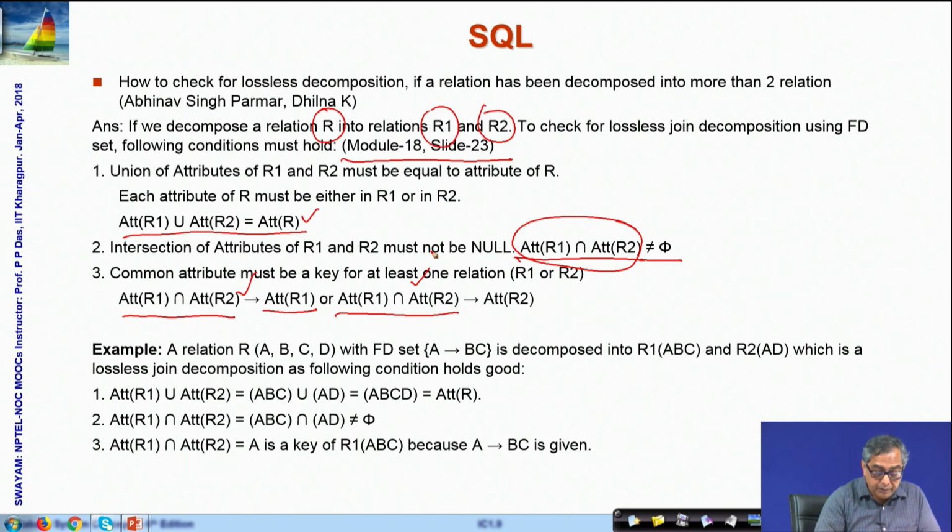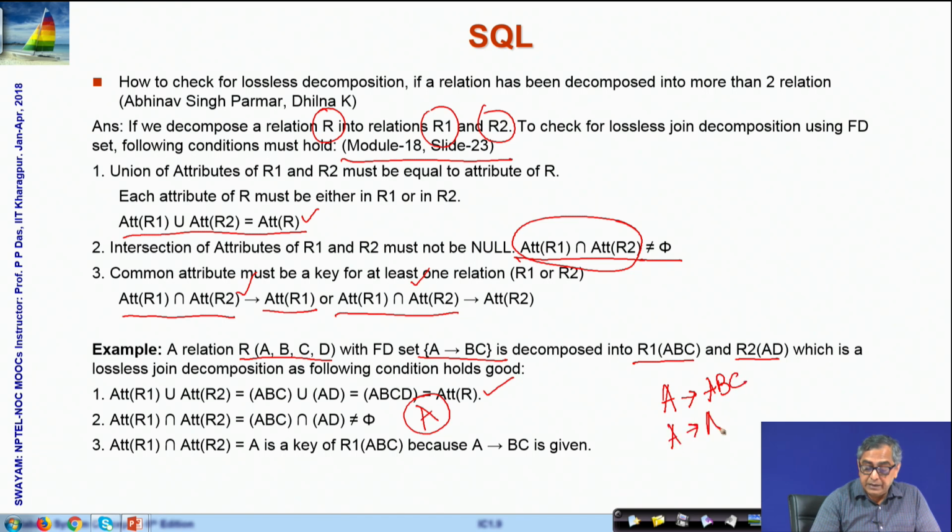So, here is an example that we have shown. R(A, B, C, D) is a relation and the functional dependency set has A determines B C, and we intend to decompose it into A B C and A D, these two sets. So, naturally if I take their union, I get A B C D. So, the first condition is trivially satisfied. If I take the intersection, then I get A. So, there is a common attribute. Now it is required that either A functionally determines A B C or A functionally determines A D or